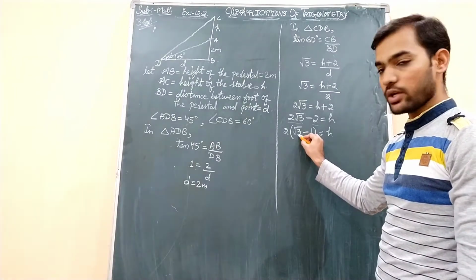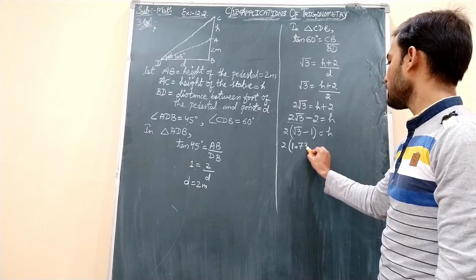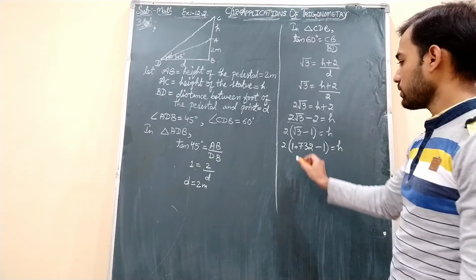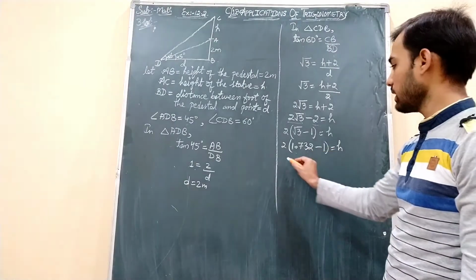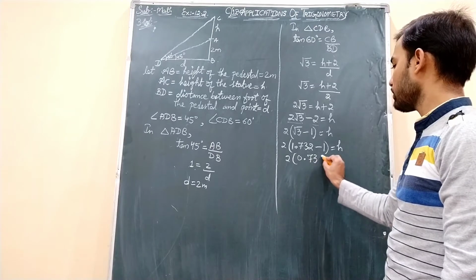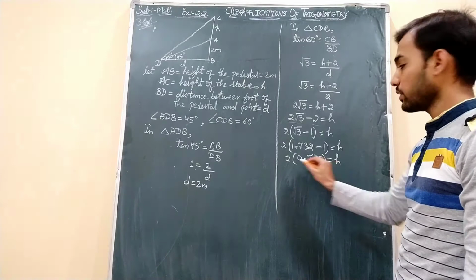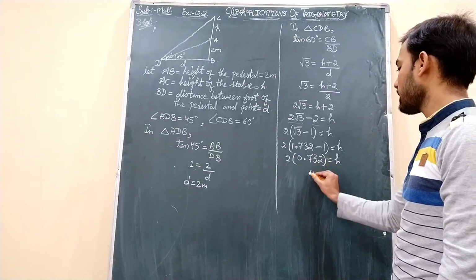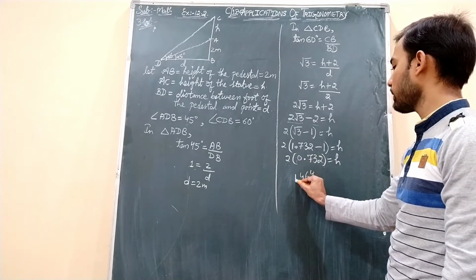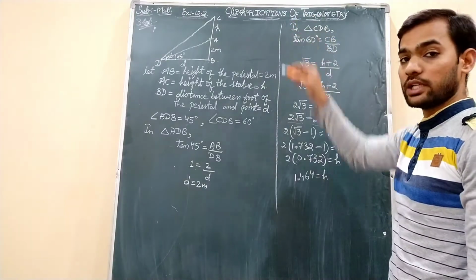Let us substitute the value of root 3, that is 2 into 1.732 minus 1 equals H. When you subtract 1.732 minus 1, you will get 2 into 0.732 students. Okay? And when you multiply 2 into 0.732, you will get 2 2s are 4, 2 3s are 6, 2 7s are 14, 1 goes carry, 2 zeros are 0, and then this one. 1.464 equals H. H is nothing but height of that statue.